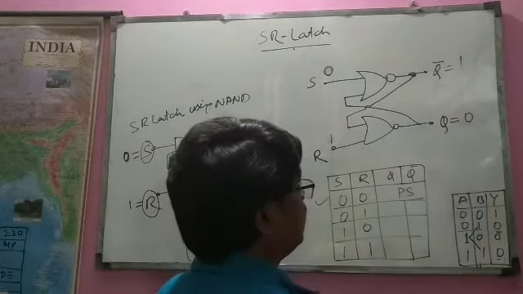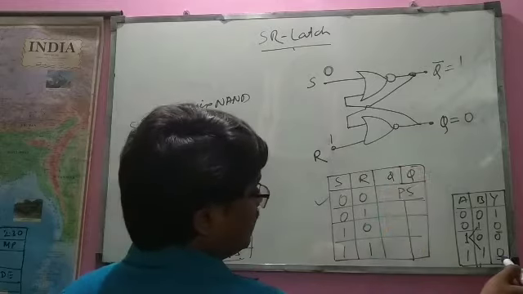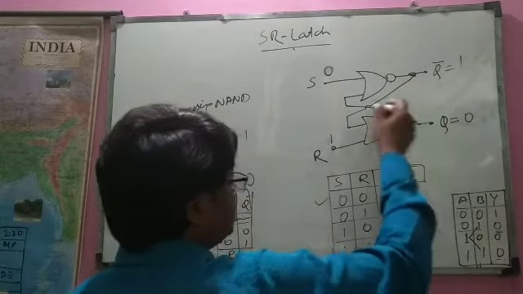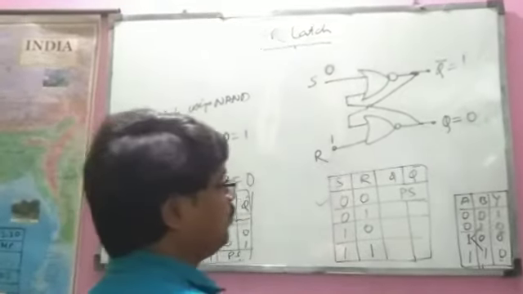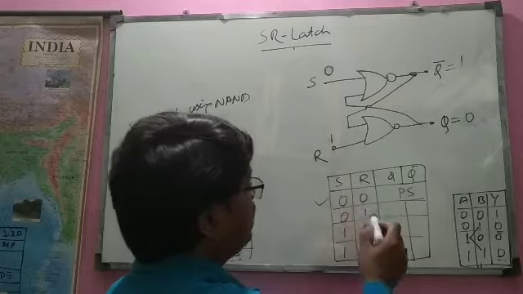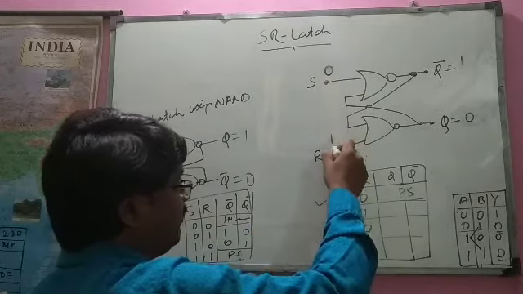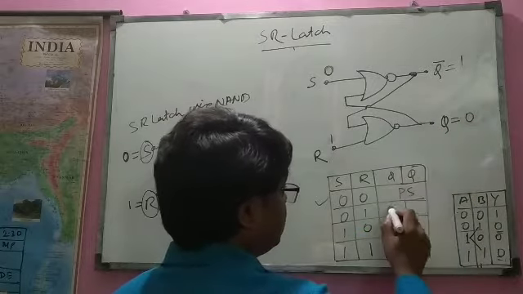It will go to 1. And see, it is 1 and it is 1. Both are 1, then it is 0. This is 0, this is 0, then it is 1. So that is very simple. Okay. So if the S and R values are 0 and 1, these inputs 0 and 1, its output will be 1, 0 and 1. Okay.